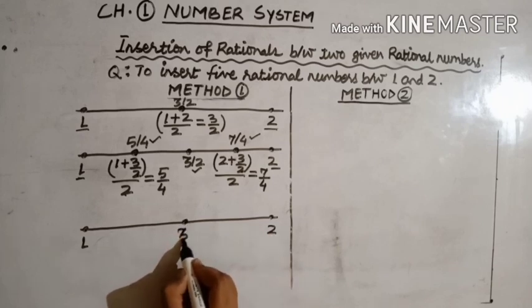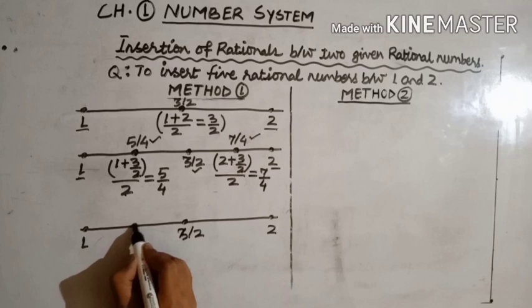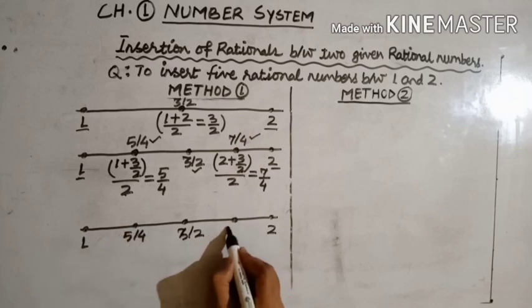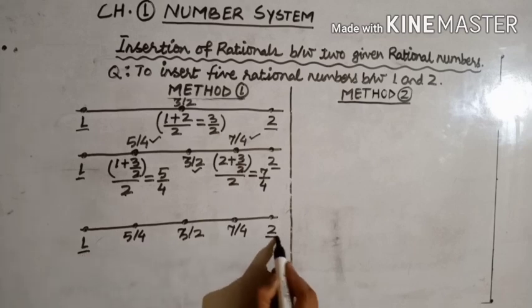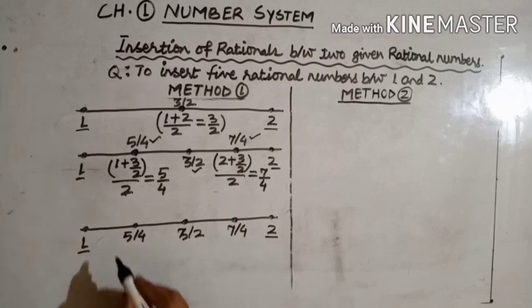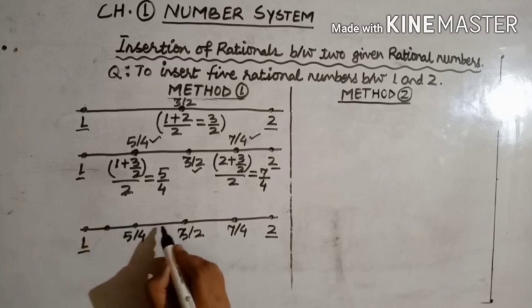So these 3 rational numbers are 3 by 2, 5 by 4 and 7 by 4. Still we have to find two more rational numbers between 1 and 2. So in the same manner, you may find the remaining two rational numbers,